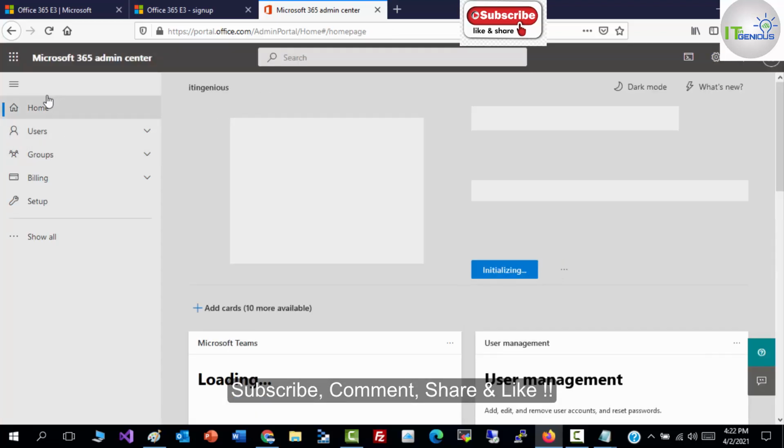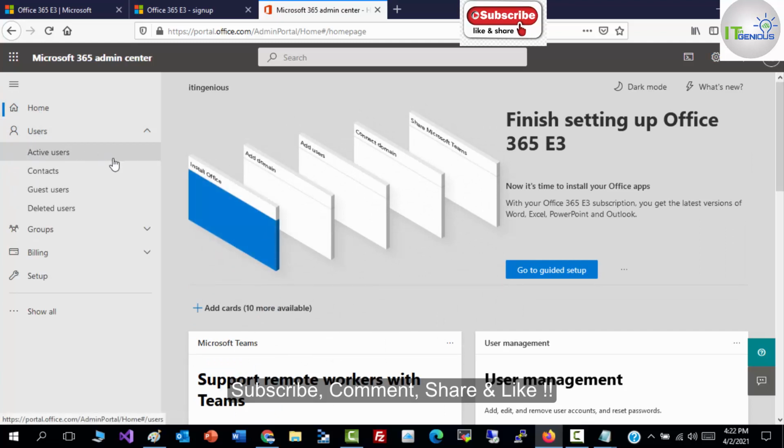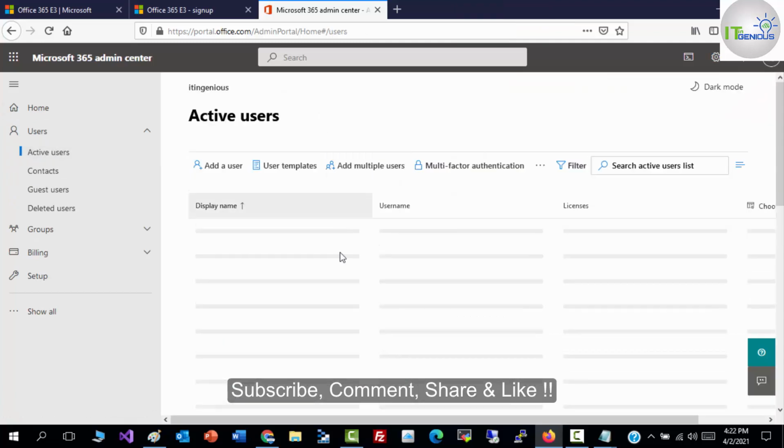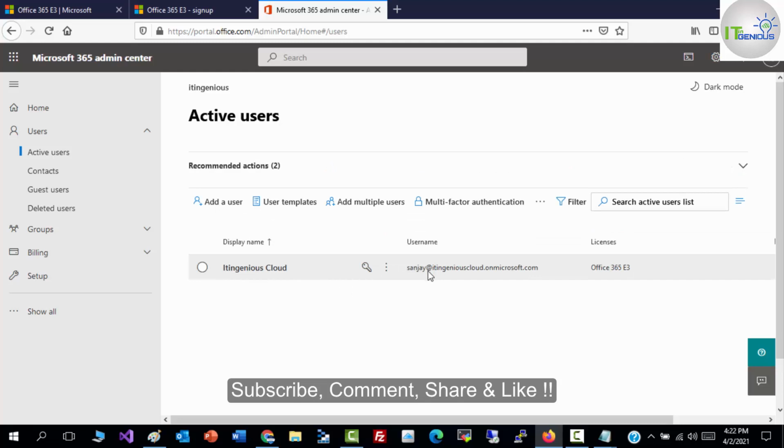Here you would be able to see now you are redirected to home page of your Office 365. So you will get your user information from here, like your active users detail you will get here. So right now we have one user here, which is Sanjay, which is your admin right now. Correct. Similarly, you will get the contacts, guest user, deleted user information, your groups, which we will discuss later.